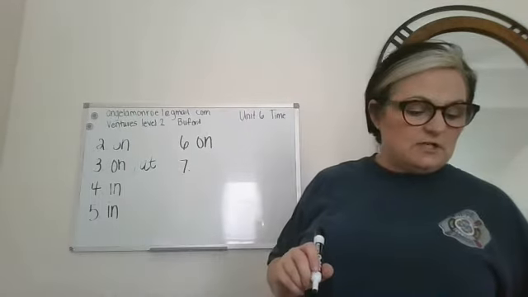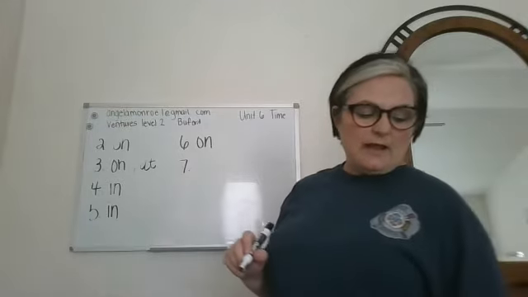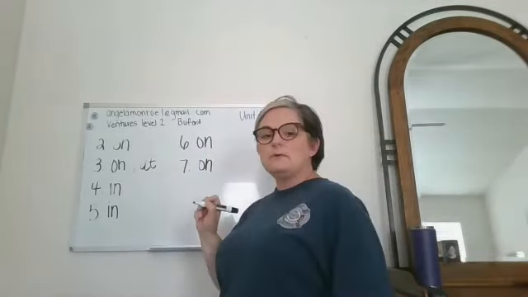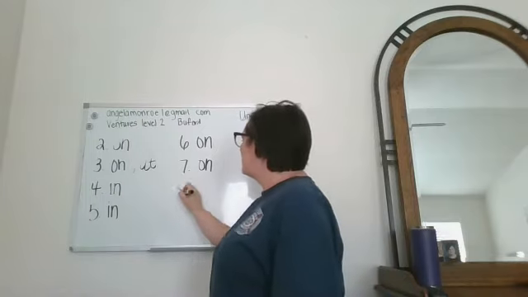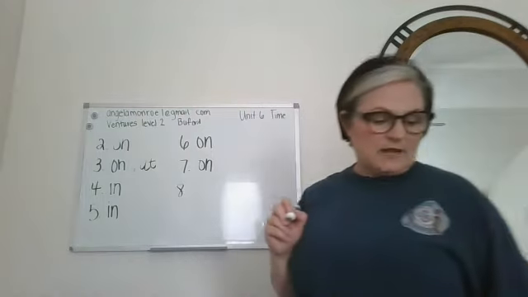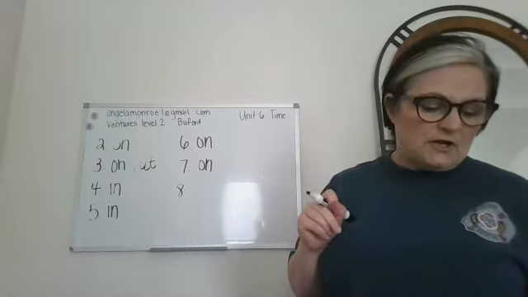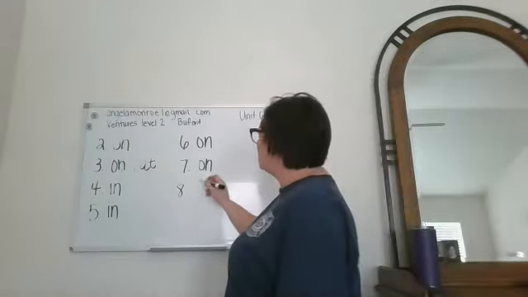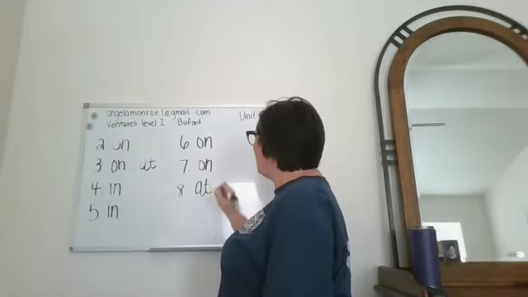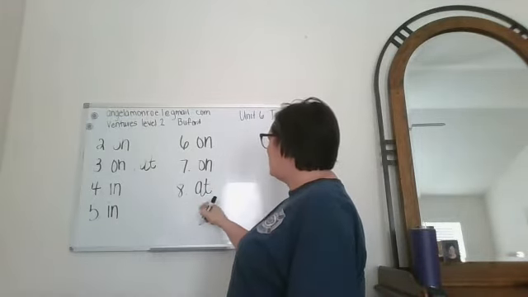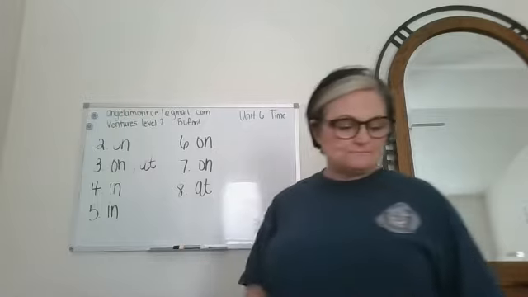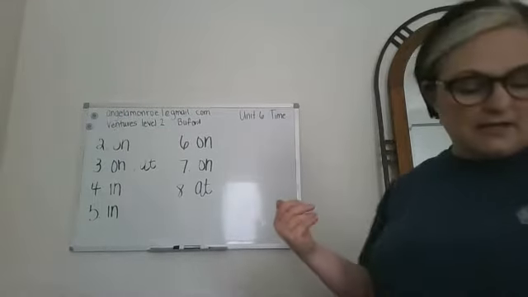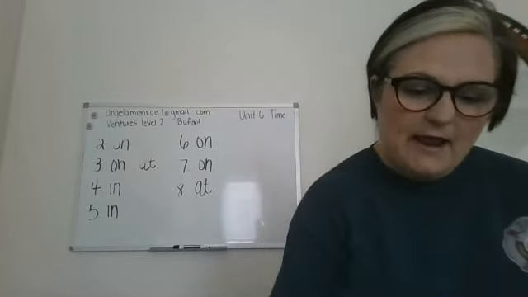Number 7, she became a citizen blank Thursday. Specific day of the week. Remember, all days of the week are on. And number 8, the last one, she started her new job blank 9 o'clock a.m. At 9 o'clock a.m. because it's a specific time. All right, go ahead and make any corrections you need to your answers, and let's go ahead and